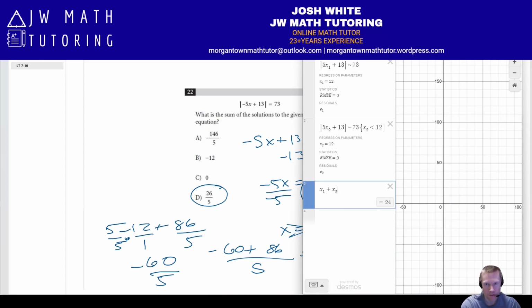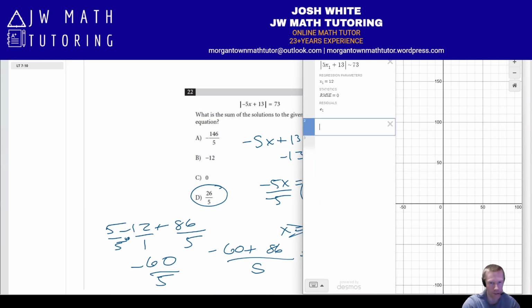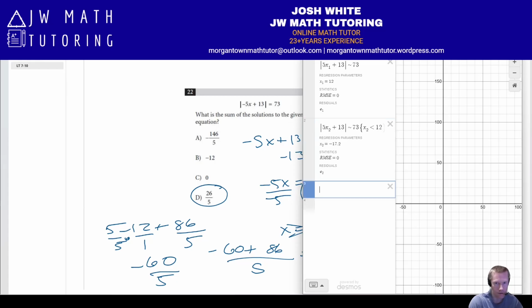Okay, why did it just, something just happened. It had the -17.2 and then it changed for some reason when I clicked around. So let's try this again. Let's put in the condition. See there? Okay, x1 plus x2. Okay, now it's working. You can see there I get my two distinct answers, 12 and -17.2, which is the